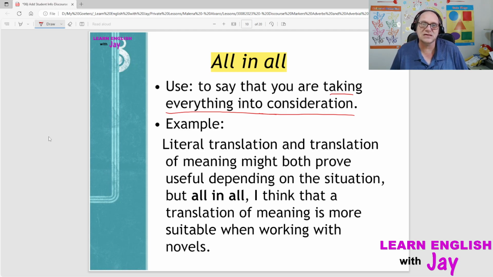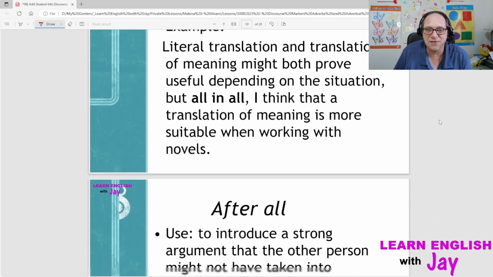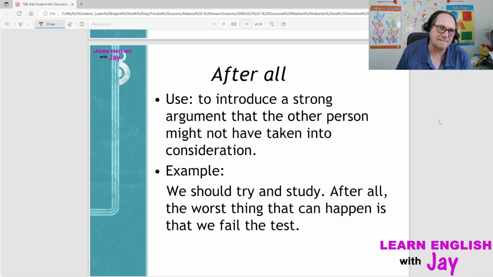So basically, we're saying all things considered, that we've taken everything into consideration. Okay, so it's a nice conclusion that you can use there. After all. Now, after all is to introduce a strong argument